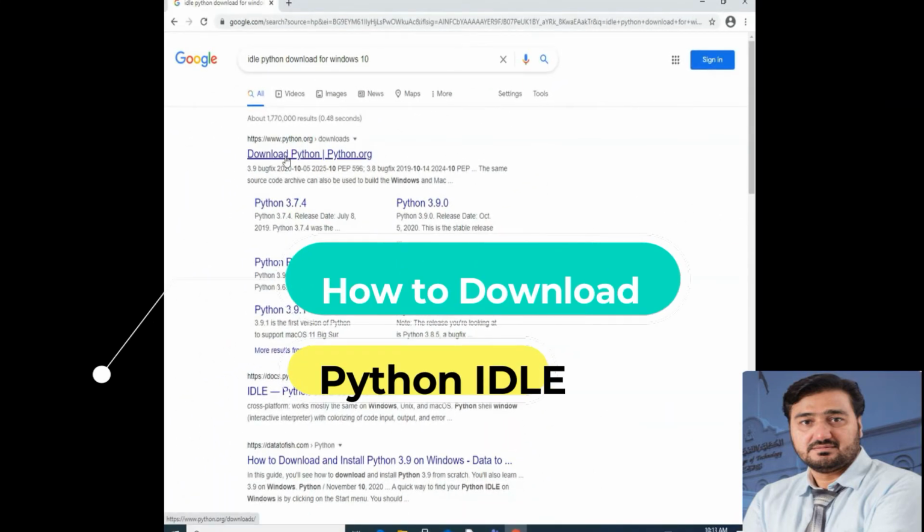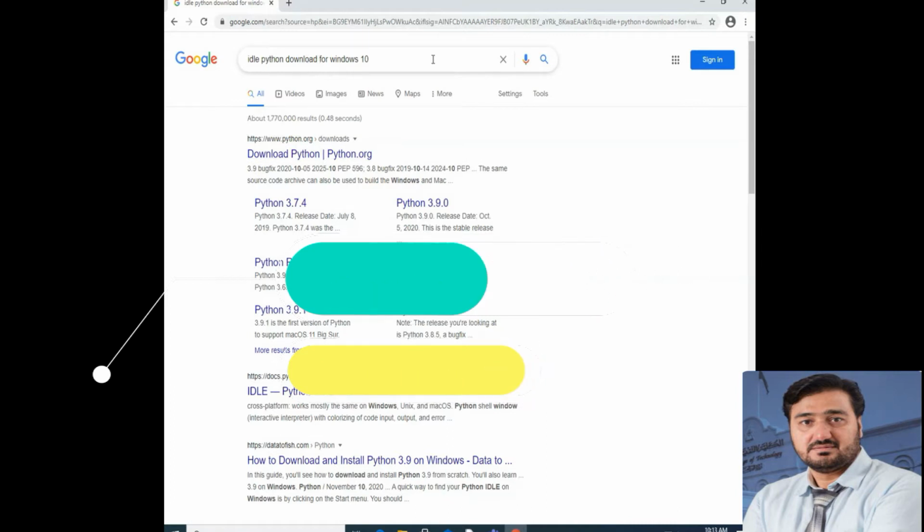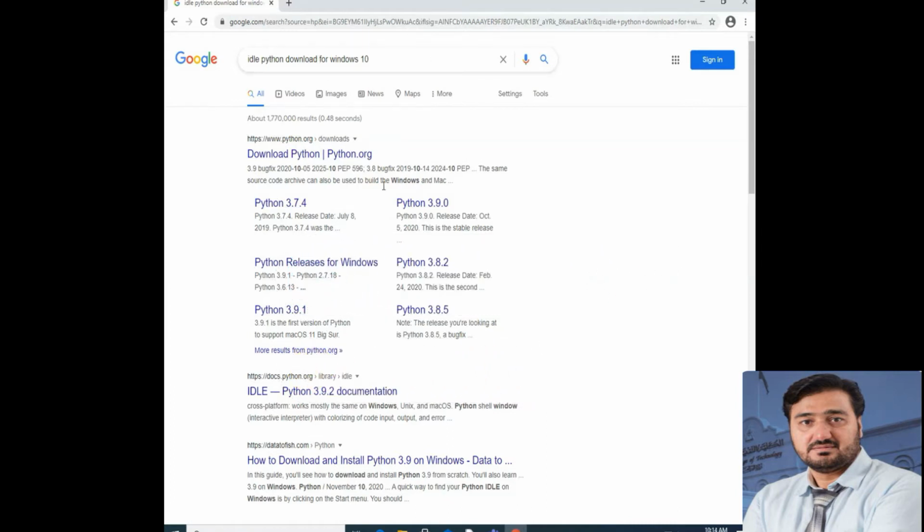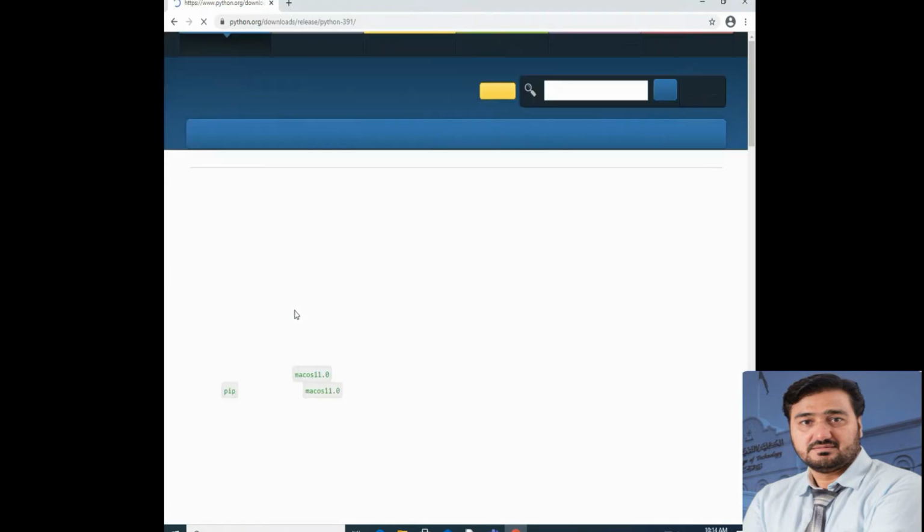Ideally for Python, see here, download. Just go to Python for Windows 10. So these are the versions. Whatever version you are interested in, suppose 3.9.1, just click here, the latest version 3.9.1. Click it here, and